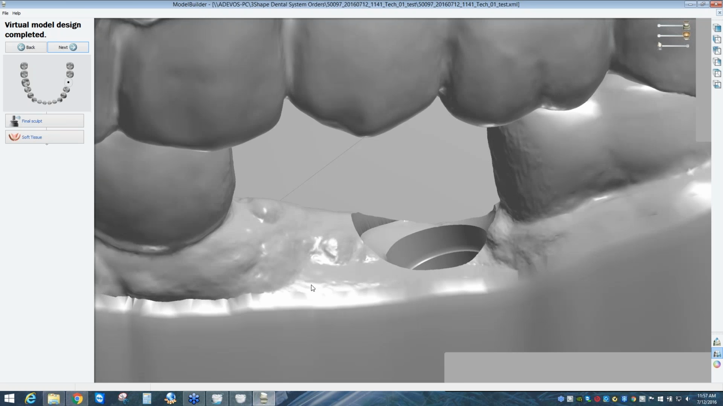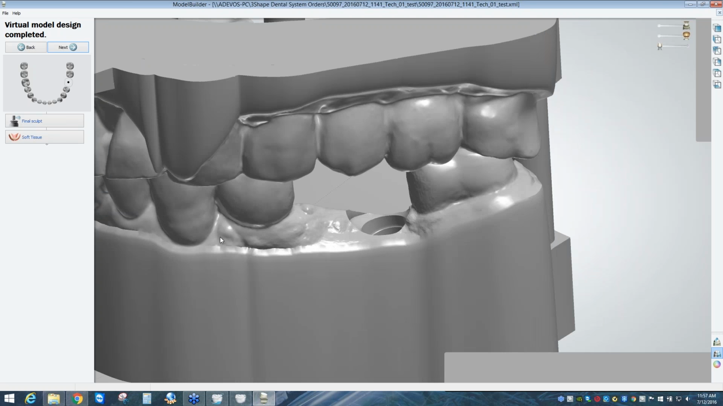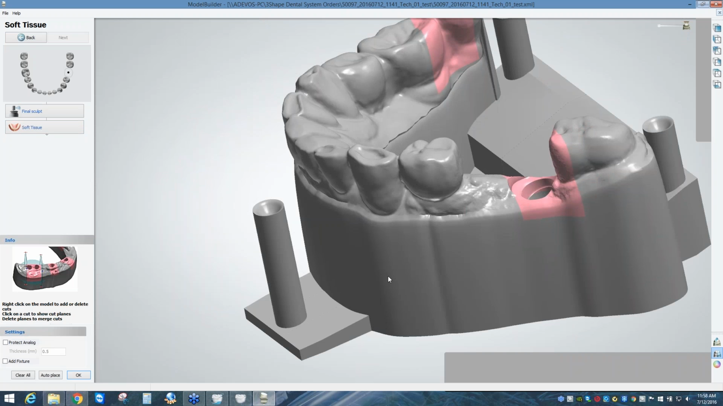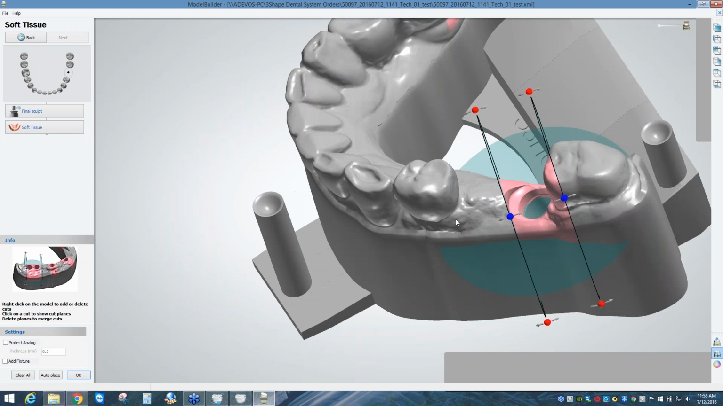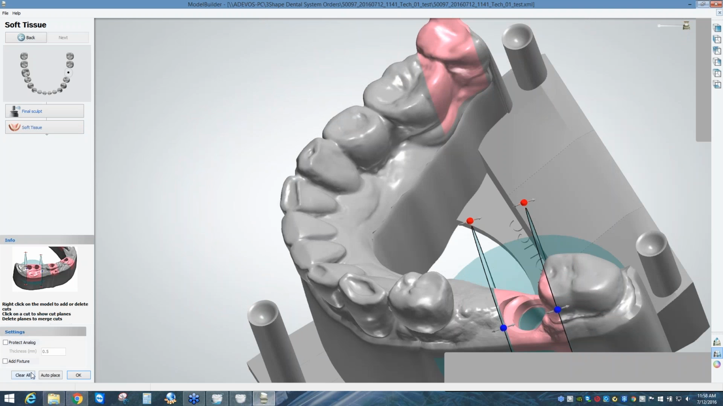Another feature we have, because this is an implant case, is the soft tissue here. So I can click this button. It'll automatically create some soft tissue. Looks like it's created an extra bit as well. So in here, if you clear out everything,